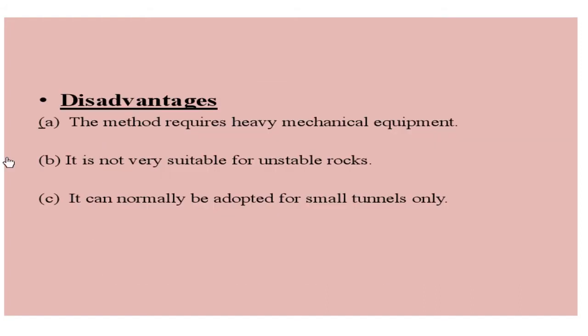Now the disadvantages. This method requires heavy mechanical equipment. Then it is not very suitable for unstable rock. It can normally be adopted for small tunnels only. In the very first sentence, while describing this type of method, it was clearly mentioned that this can be used for small tunnels. At a time itself, we are excavating the complete cross section. So the work progress is faster, but this can be used for only small tunnels, and this is suitable